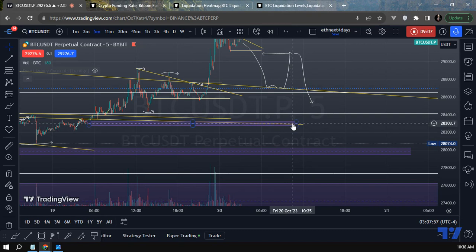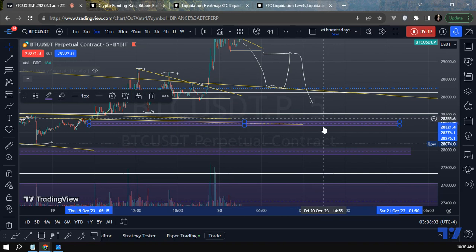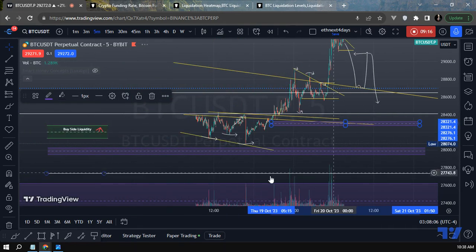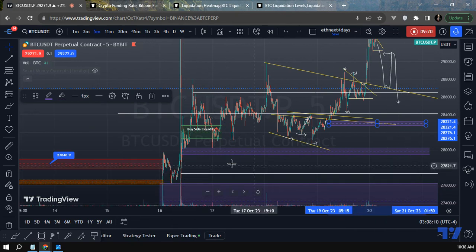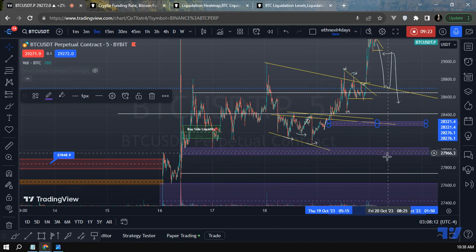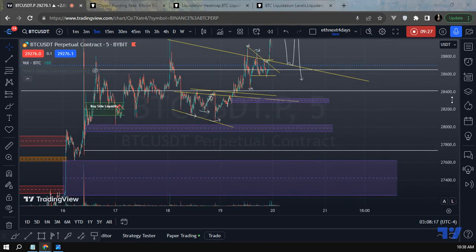Obviously, in order to get to that 27.9, we have to first lose 28.2, which is going to be our next stop. And what will happen if we take down 28.2 is probably we're going to see it drop to either 27.7, which is this line that I drew probably 4 days ago, didn't remove it yet, or we're going to stop at 27.9. 27.7 or 27.9 would be essentially my targets for today.